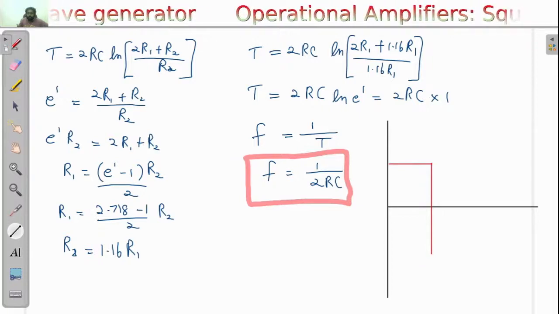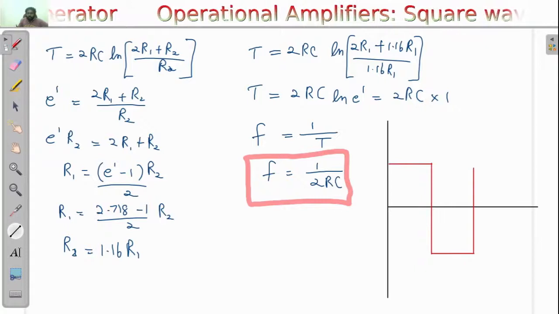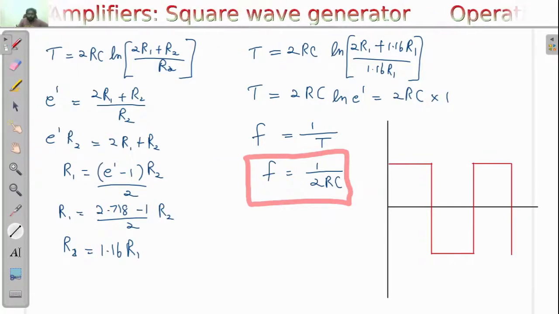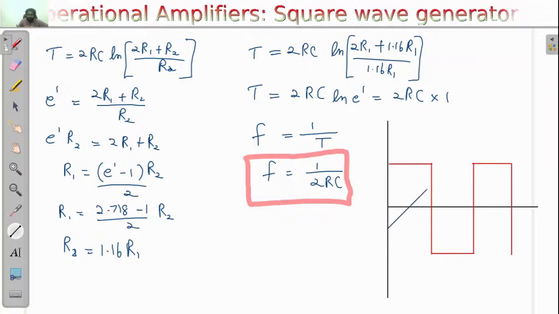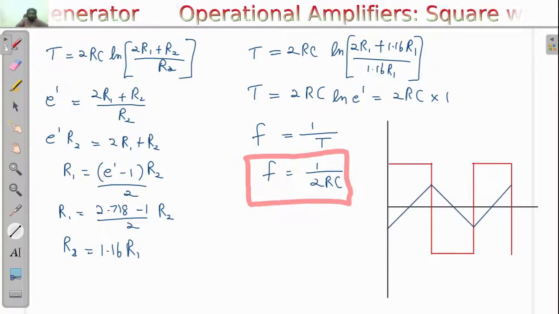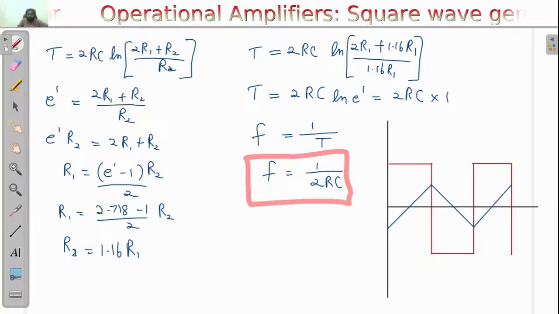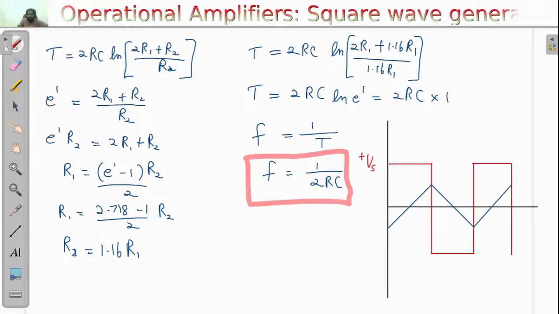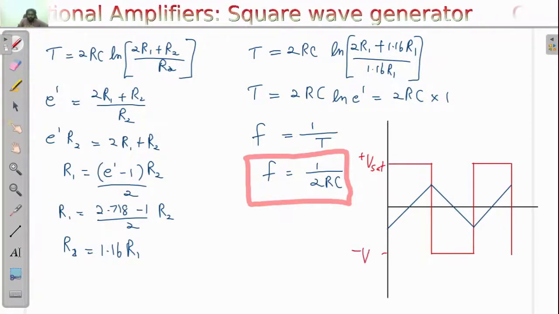It goes between positive saturation and negative saturation like this. The capacitor's waveform will be like this, and these voltages will be marked like this. This is positive saturation voltage, this is negative saturation voltage,